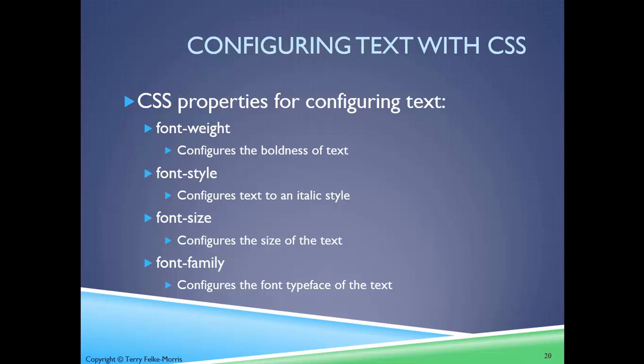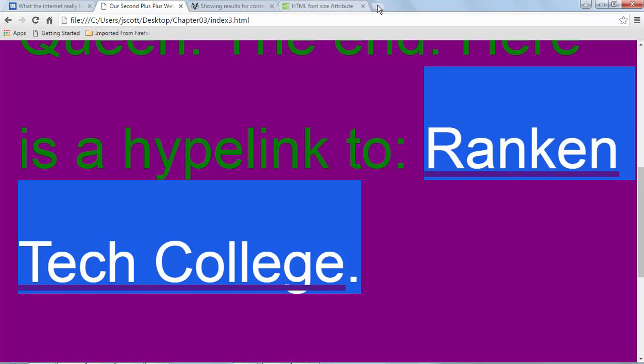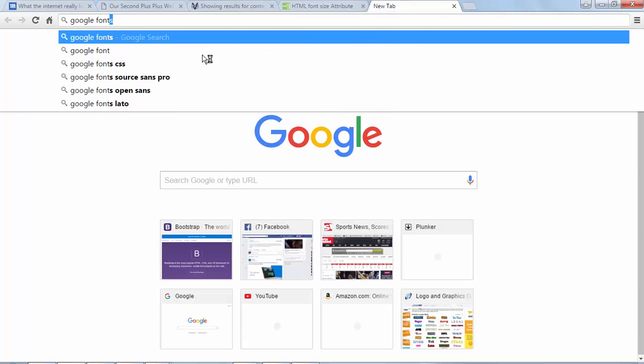We've now gone over font weight, font style, font size, and font family. And just so you know, I want to mention this to you. This isn't in your book yet. It may be discussed later. It may not be discussed later. I don't know. But if I go out and I put in here Google fonts,